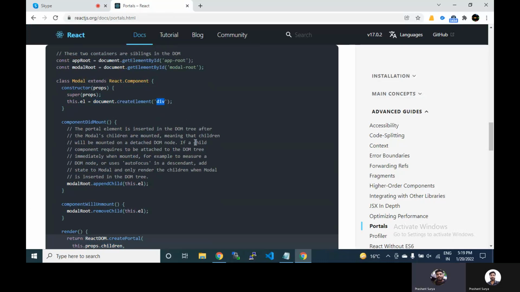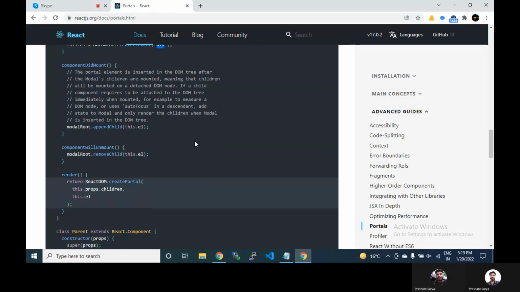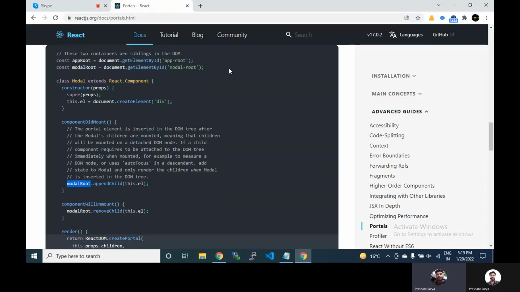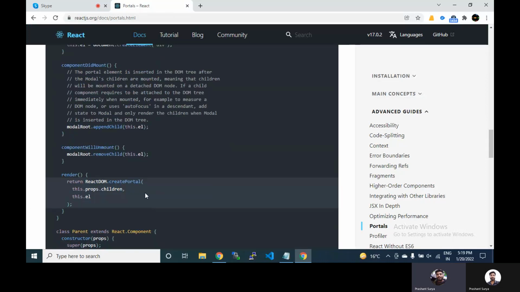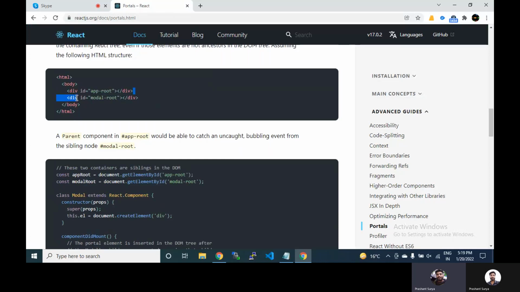Basically this is the createElement. We have created a div element, and we have used the modal root, and we have just bound this UI inside this modal root.